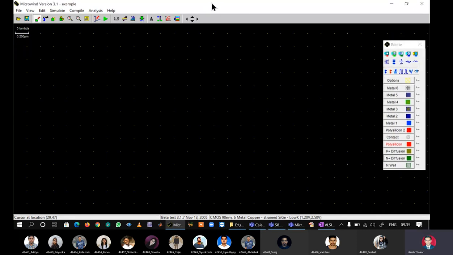Here, to my right, we have something called the palette. Just like we have a component library in Multisim and Proteus, we have the palette here. It is also called the palette of layers, and I will tell you why. Whatever we want to draw in the workspace of Microwind, we will get from this palette of layers.